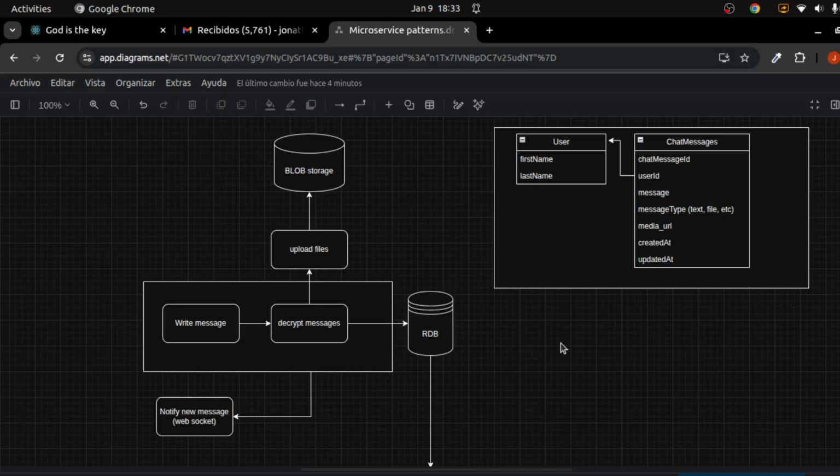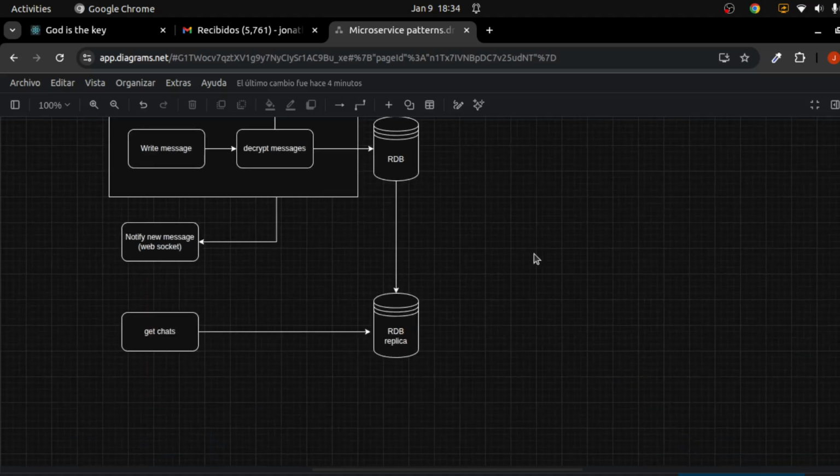Yeah, because the rest of the data, specifically in the chat, is mainly flat information: chat user ID, chat message ID, message type, media URL, created at, updated at. Yeah, that is the main